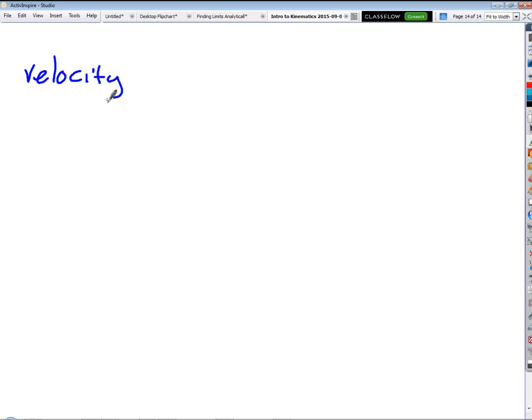And I'll explain the difference here in just a second. Velocity, and I'm going to be a little more specific here. We're going to start off talking about average velocity. Velocity we'll get back to and explore in great detail, but the definition of average velocity, which we write this way. Whenever we talk about an average quantity, we put a bar over the top. Okay? So average velocity is equal to